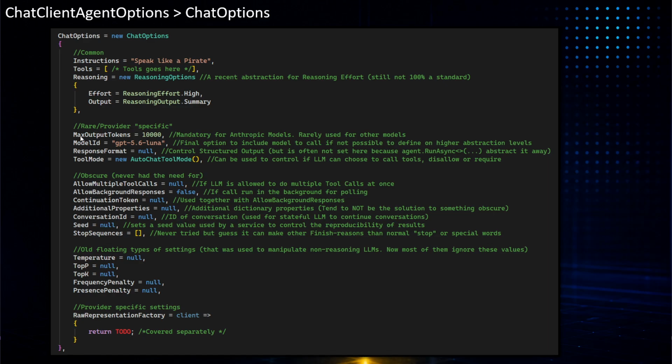Then there's some rare and often provider-specific things, like for example max output tokens. Max output tokens is something Anthropic models need, but none of the others need it by default. But it is possible to say this is as many tokens as you are allowed to provide me when you give your response back.